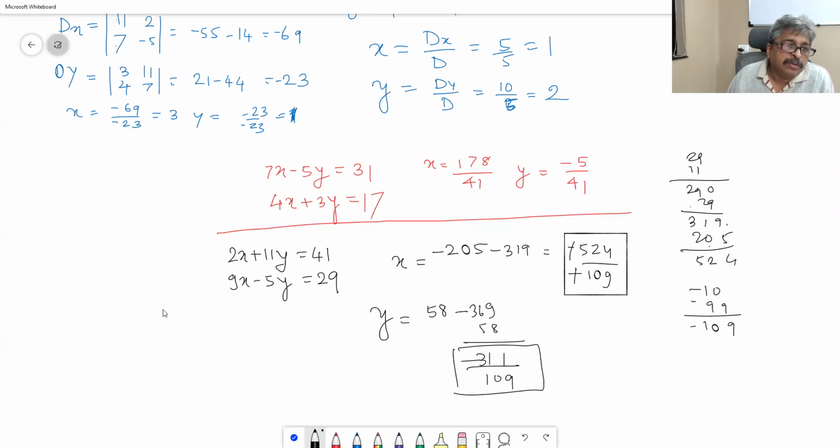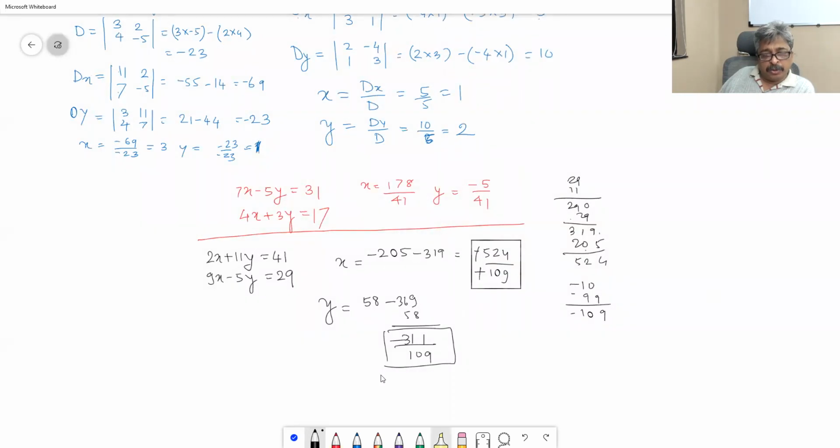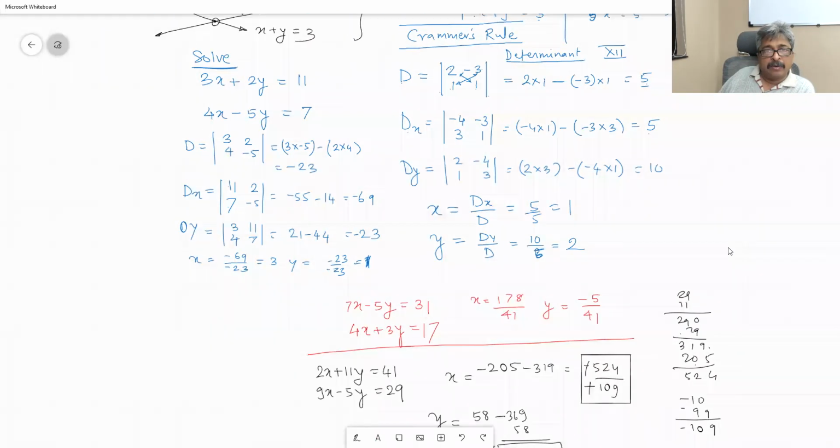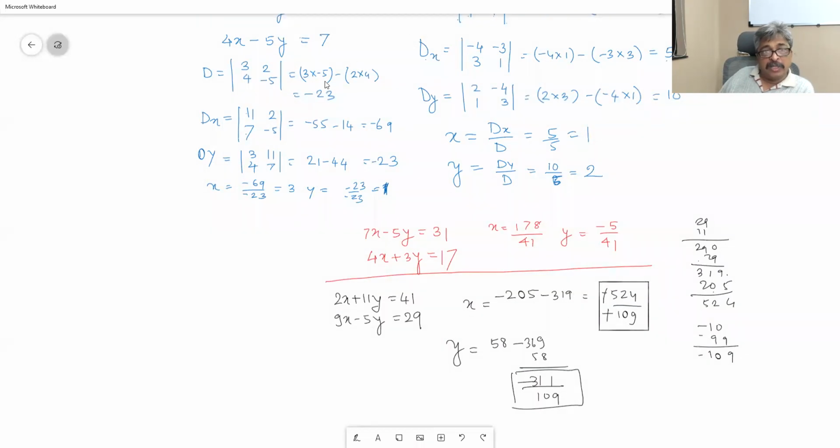Okay, you will have to solve simultaneous equations, at least a couple of thousand simultaneous equations, till you complete your 12th standard, and therefore you have to be not only accurate but very quick in solving them. Therefore, see, the correct method of doing it is determinant. You need to know how to write it. But when it comes to finding out the answer, you should be doing all these calculations very quickly.